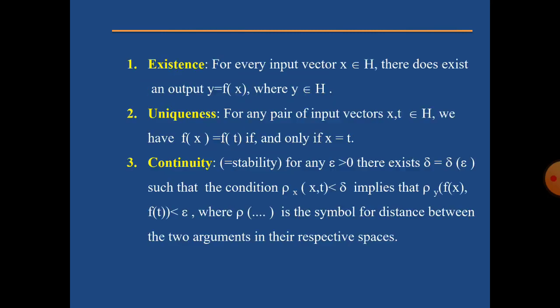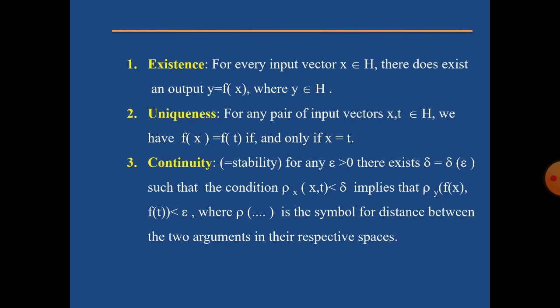So here what the author is telling is, we have specified three conditions: existence, uniqueness, continuity. If any of these conditions is not satisfied, meaning any of these conditions goes wrong, then that problem is said to be ill-posed. What is an ill-posed problem? An ill-posed problem is nothing but that large data sets may contain a small amount of information about the desired solution.